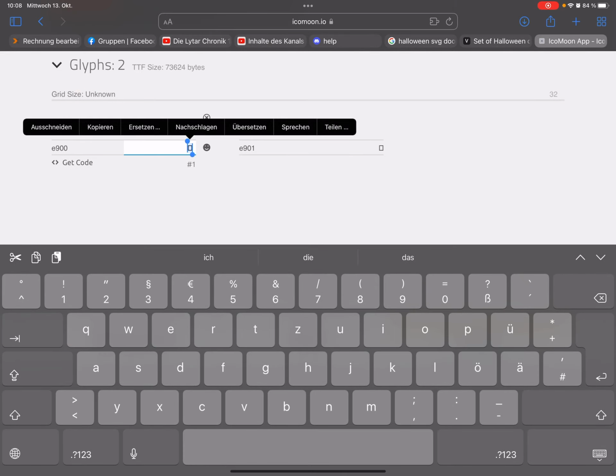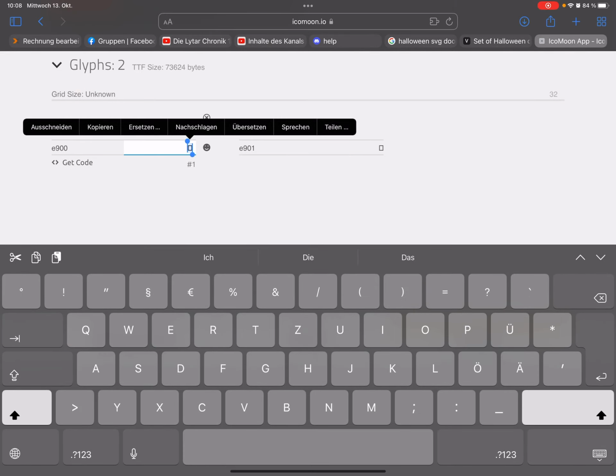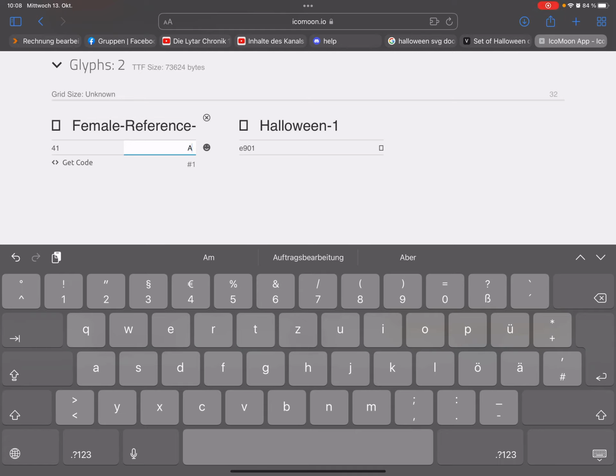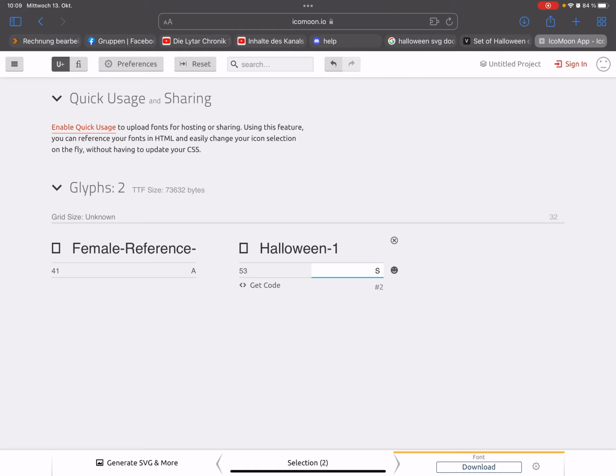Go on it and give it a letter on your keyboard, and okay. And then on the right side down, there's a download button. Download this